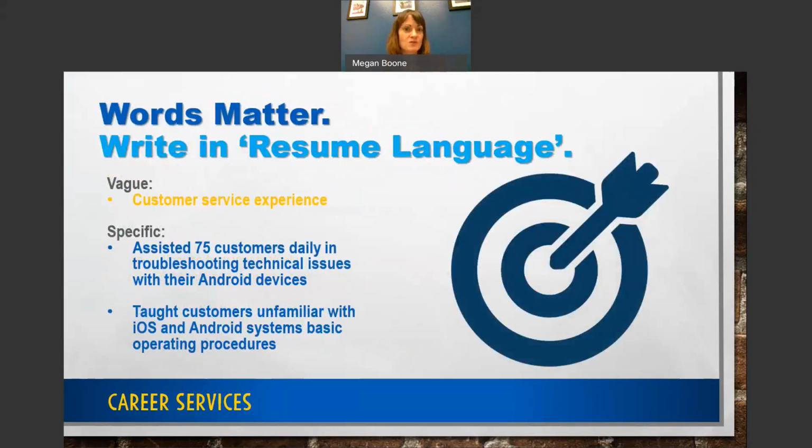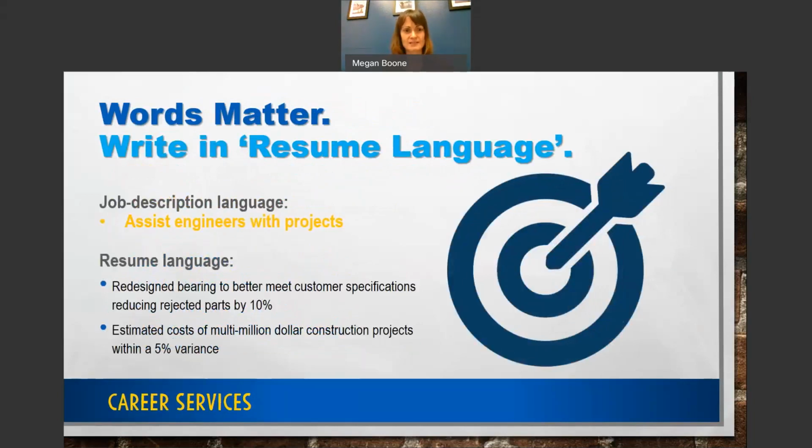And so I want you to move away from very vague general terms on your resume, for instance, customer service experience, and replace that with something more like what you're seeing in blue here, right? We've got numbers of customers they're serving. I can see exactly what technical software they're working with. Another example,